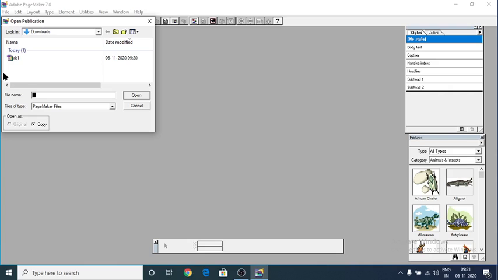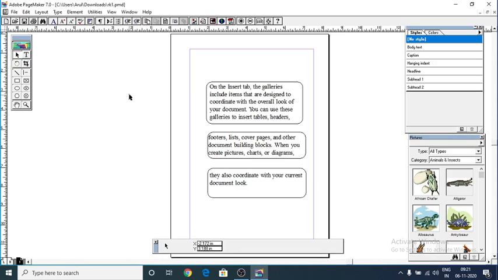With the help of the Open option, see here, I am going to revert to my old, existing saved document. Yes, like this I can open the existing saved document,